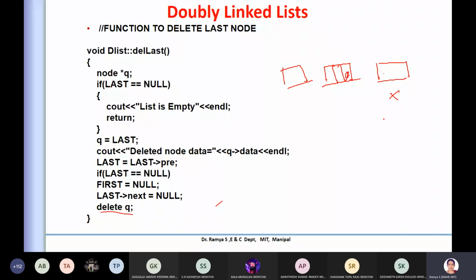The pointer q itself is the node for me. If it is doubly linked, one part holds the address, another the data, another the address. So that much memory is not released.